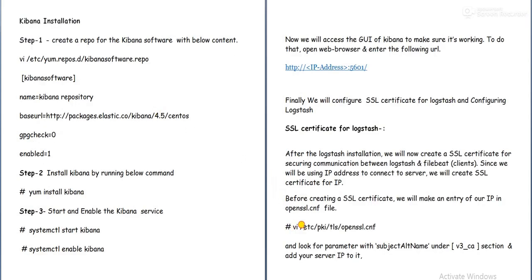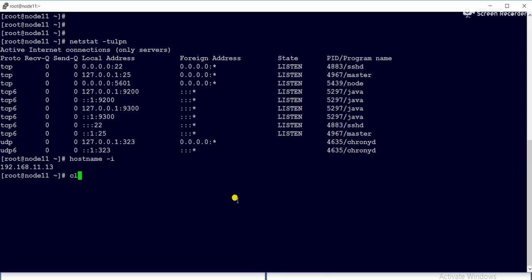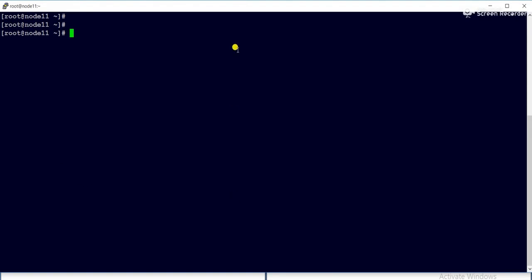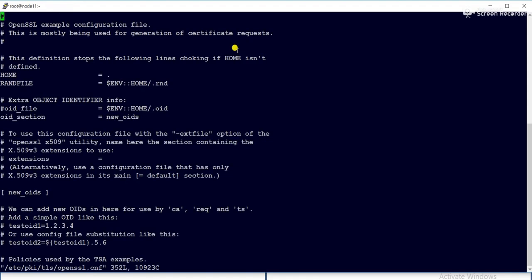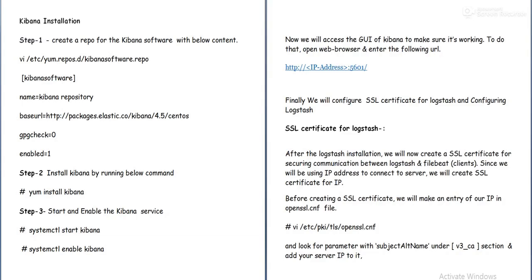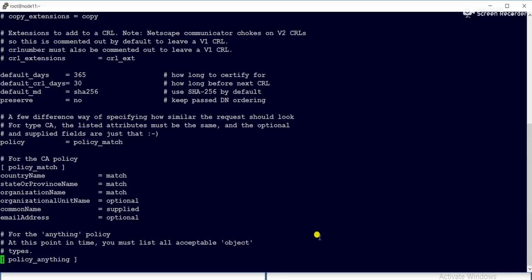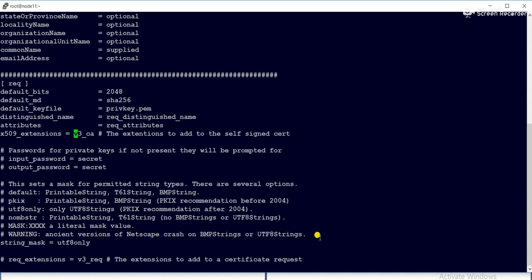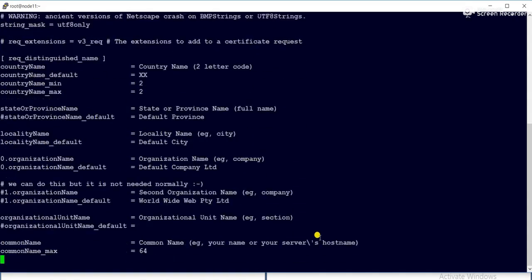So I'll copy this configuration file and go to the v3_ca section.